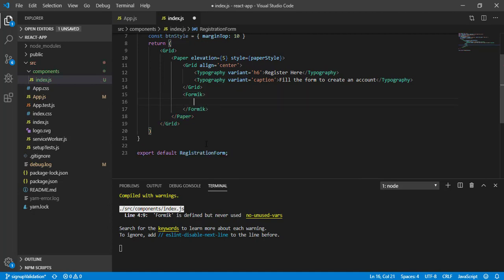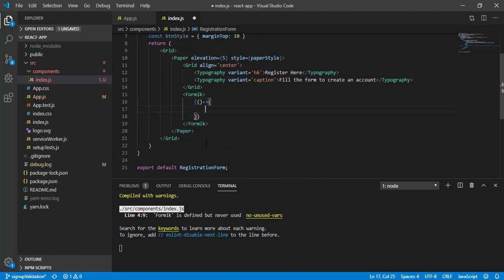Now here, open a curly bracket. This is going to take an arrow function, and this is going to give you props. Most of the time developers say formikProps, but here we will be calling it props only. And now what we have copied, just paste it here.